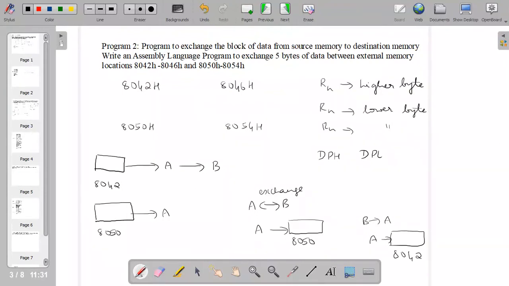between the memory locations. So each time the operation is done, the counter which is to be used will be decremented. So we will be having a counter which will decrement by 1, and if it reaches 0 then we have finished with the exchange of data, and if it is not 0 then the process has to be repeated. So this is the concept for the exchange of data between the two memory locations. So let us see the code.